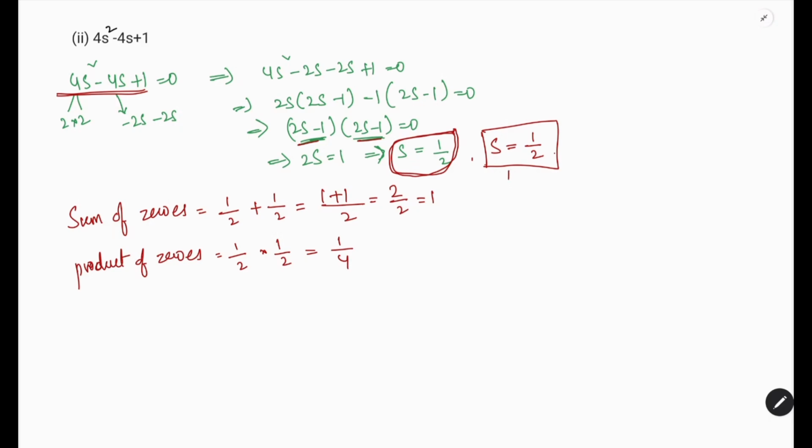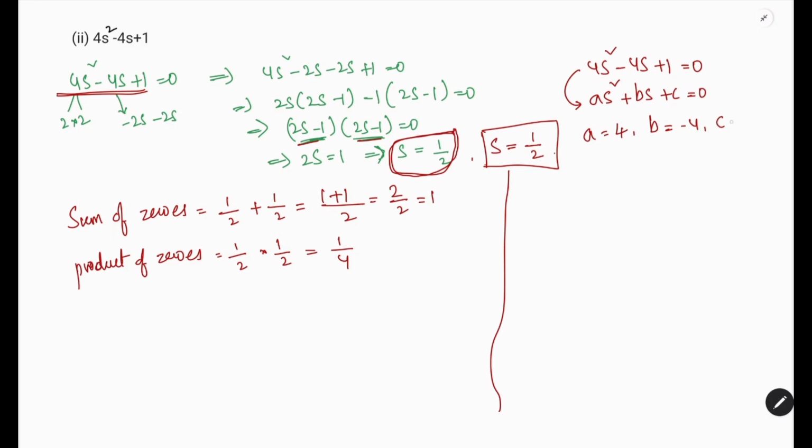Now compare this quadratic polynomial to the general form of the polynomial as square plus bs plus c equal to 0. Here when you compare these two, we get a equal to 4, b equal to minus 4, c equal to 1. Now by using the formula, sum of zeros